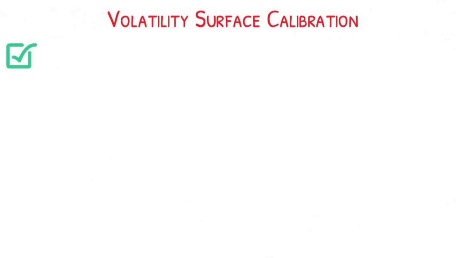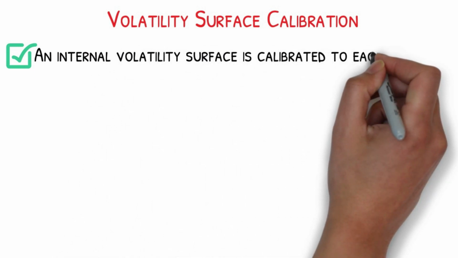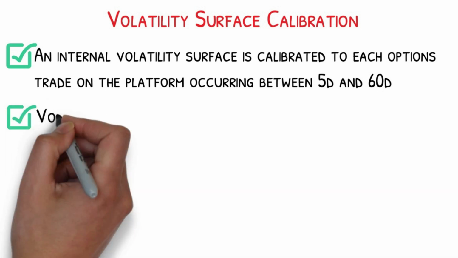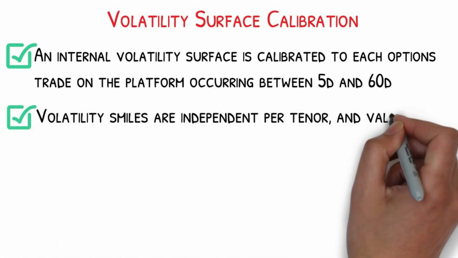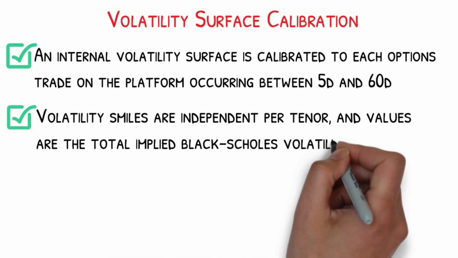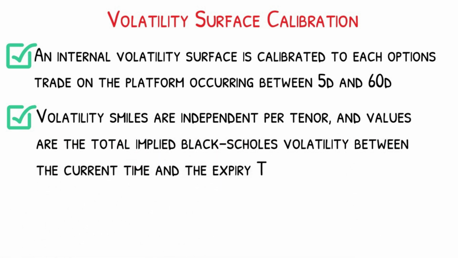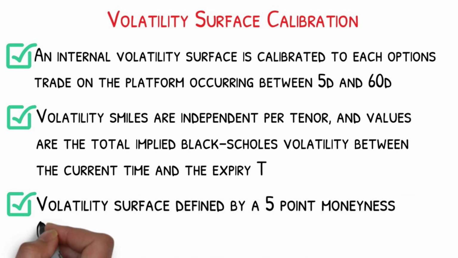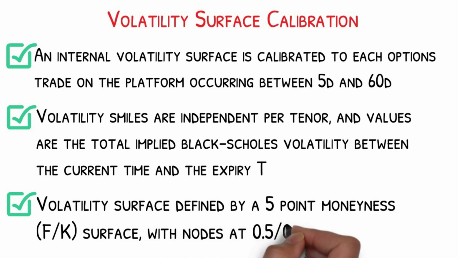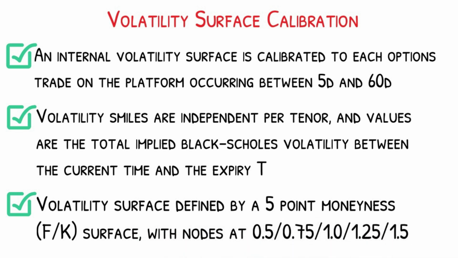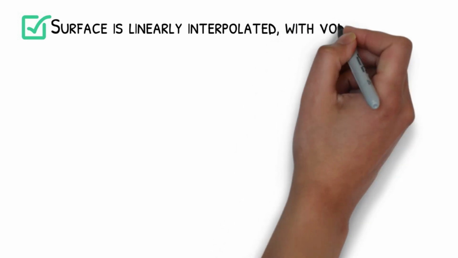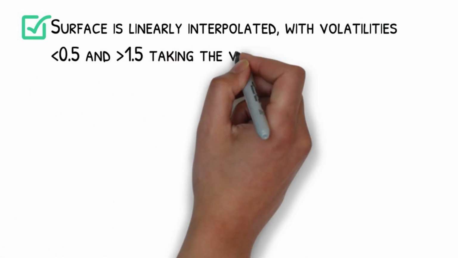Volatility surface calibration. An internal volatility surface is calibrated to each options trade on the platform occurring between 5D and 60D. Volatility smiles are independent per tenor, and values are the total implied Black-Scholes volatility between the current time and the expiry T. Volatility surface defined by a 5-point moneyness, F/K surface, with nodes at 0.5, 0.75, 1, 1.25, 1.5. Surface is linearly interpolated, with volatilities